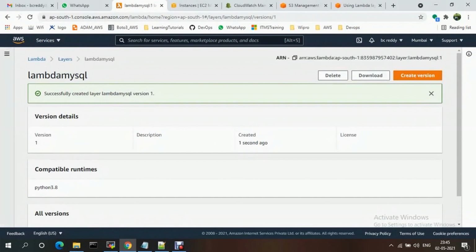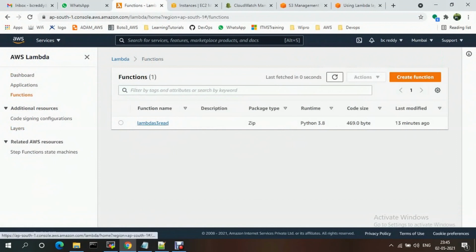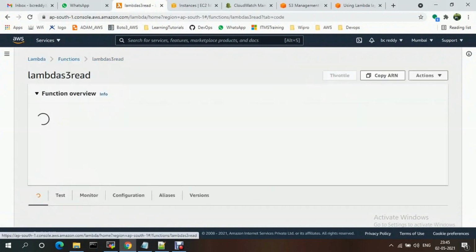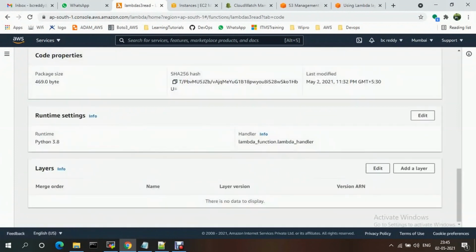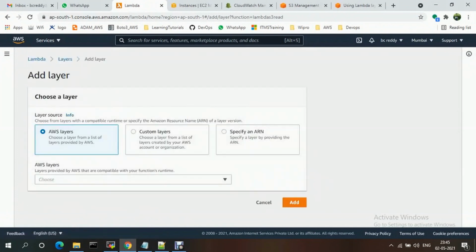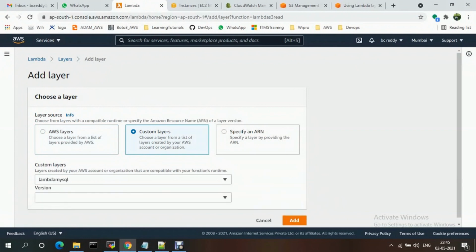If you go to Lambda functions, see here, there is a layers section. You can add a layer. This time you just need to select a custom layer, Lambda MySQL, version 1.